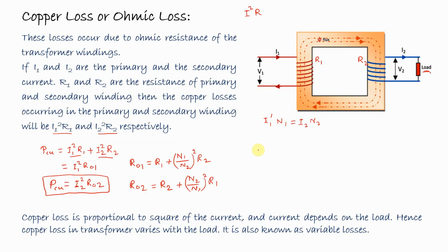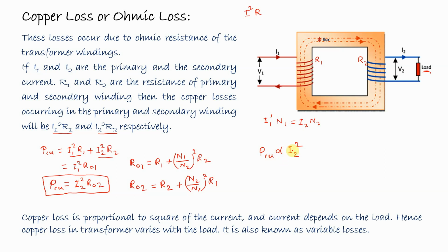So it can be written that the copper loss is proportional to I2 square, because the resistance part is constant. So as the load is increased, I2 will be increased, and the copper loss will change as the square